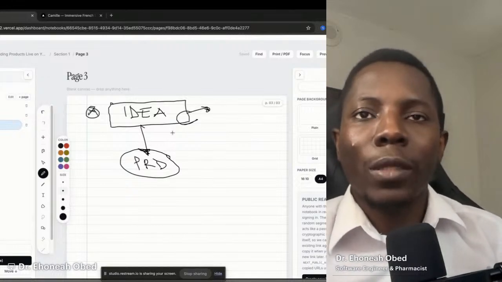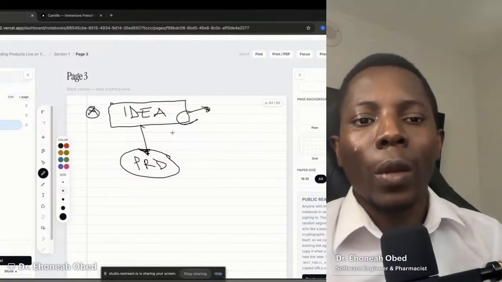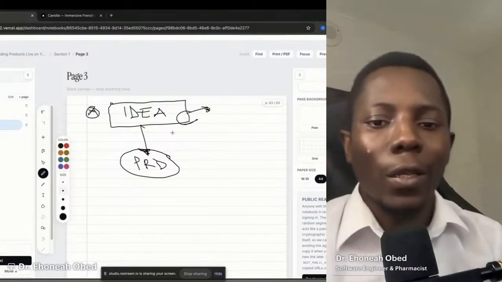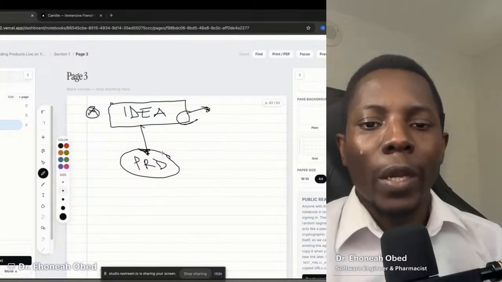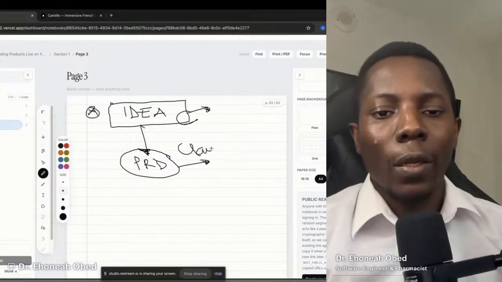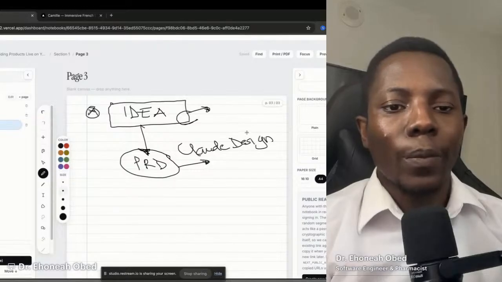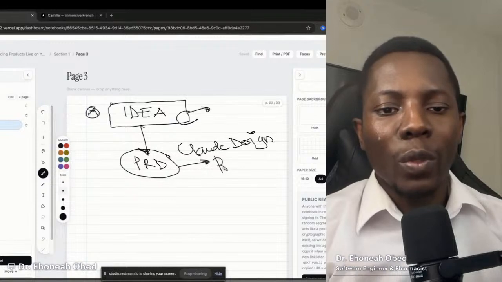Most of the apps are not designed for the way I actually learn languages. So, I want something that helps me learn languages the way that I learn languages. Right. Then we went ahead to come up with a PRD. Then based on the PRD, we use Claude Design to design the UI. So that was basically a prototype that we designed.